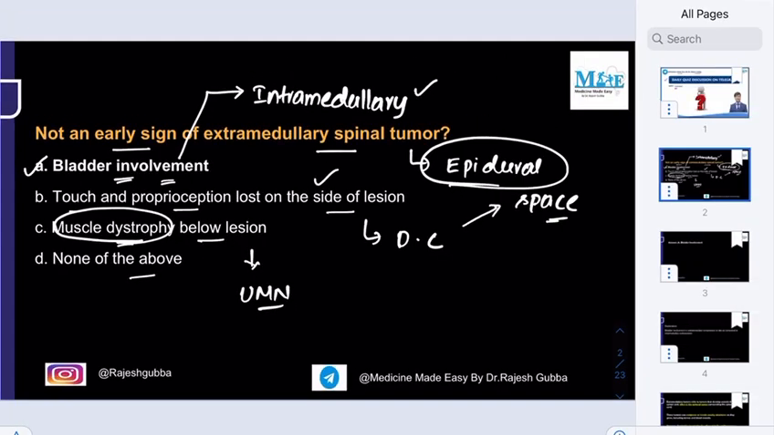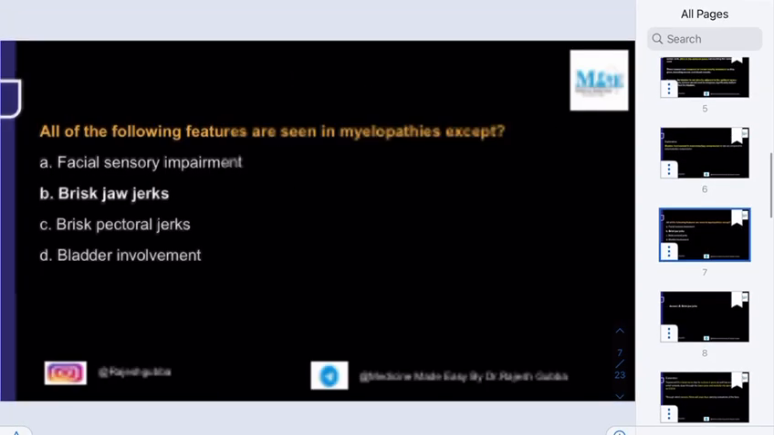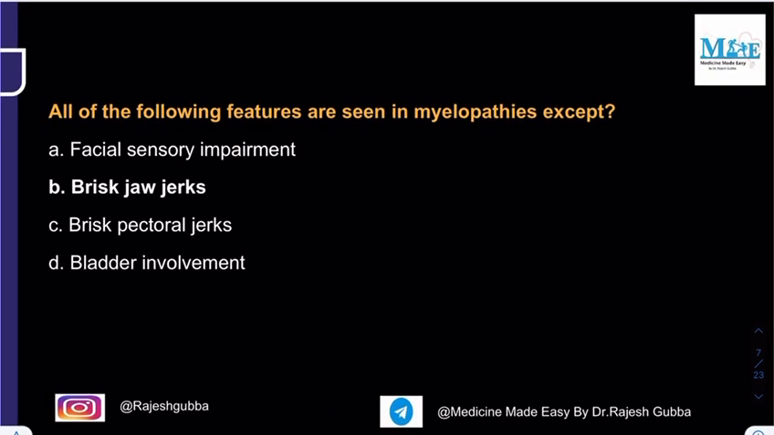Then you see the second question. All of the following features are seen in myelopathies except: facial sensory impairment, brisk jaw jerks, brisk pectoral jerks, bladder involvement. So you take the facial sensory